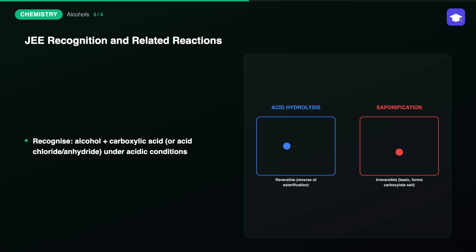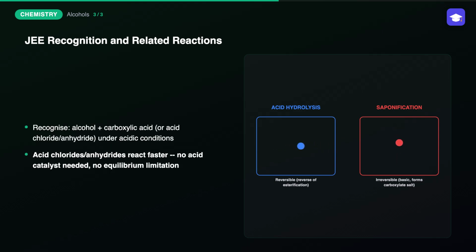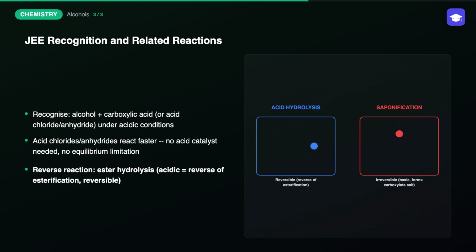For JEE purposes, recognizing esterification specifically requires spotting both an alcohol and a carboxylic acid, or occasionally an acid derivative like an acid chloride or acid anhydride, reacting together under acidic conditions. Acid chlorides and anhydrides react considerably faster than the parent carboxylic acid itself, since they're inherently more electrophilic at the carbonyl carbon, and these specific reactions don't require acid catalysis or produce equilibrium limitations the way direct acid